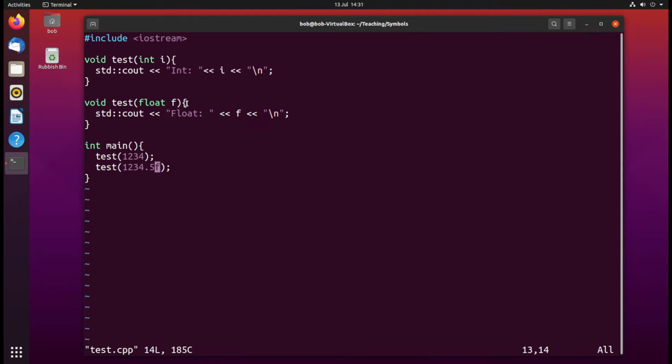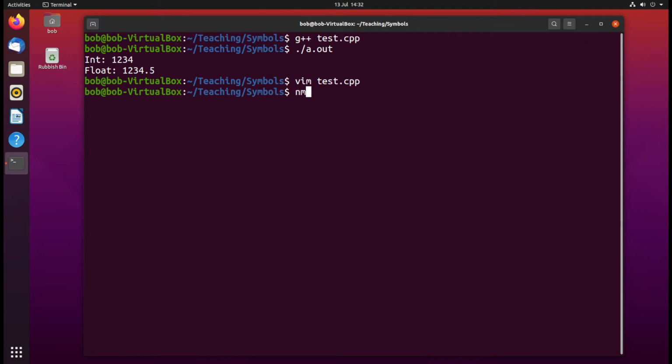But another question comes up, which is, with the names of these functions being the same, how does that symbol thing work? If a symbol uniquely identifies a place in the code, you can't have a unique identifier that is the same twice. And the answer to that is something that in C++ and in most other languages that do this as well is called name mangling. And you'll be able to see that if I compile that again with -O0